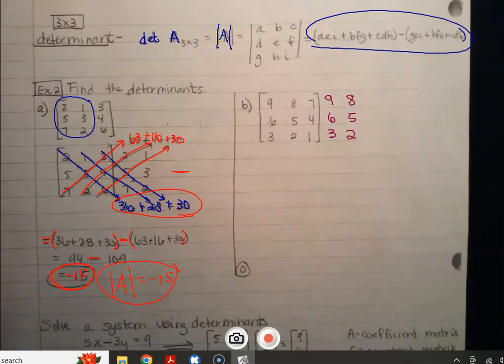Okay, and then I'm set to get started. So let's do the major diagonals first. 9 times 5 is 45. 45 times 1 is 45. So 45 plus